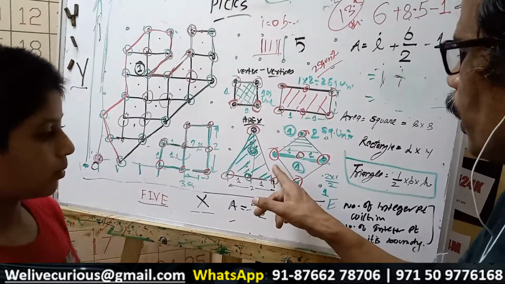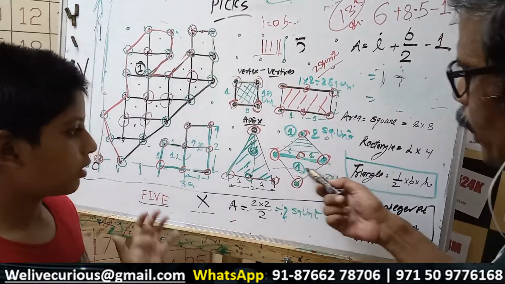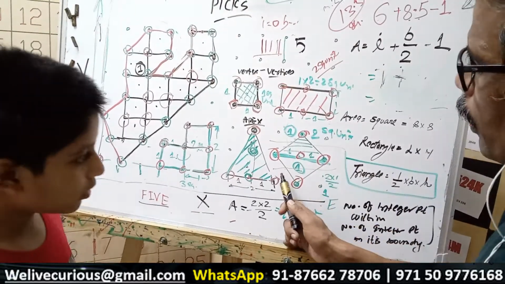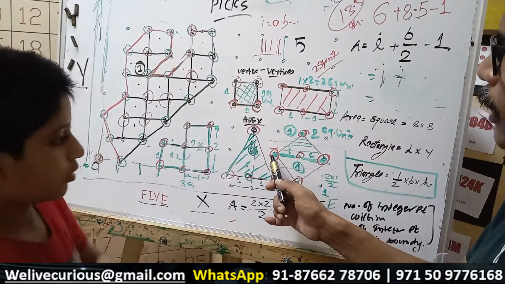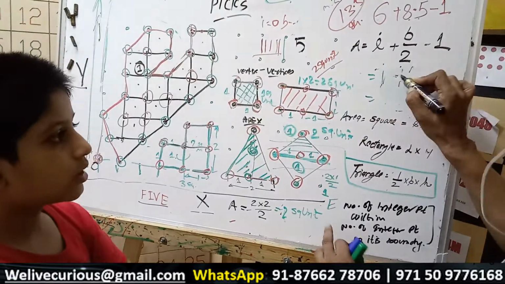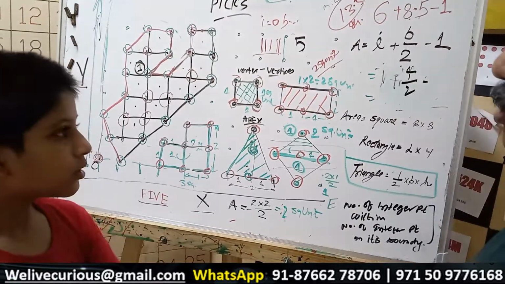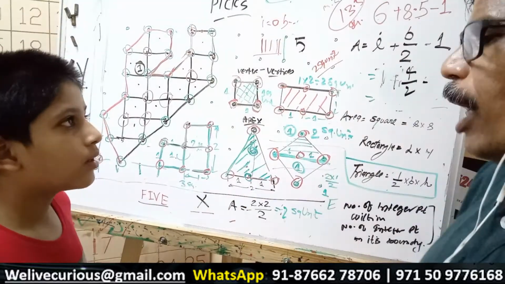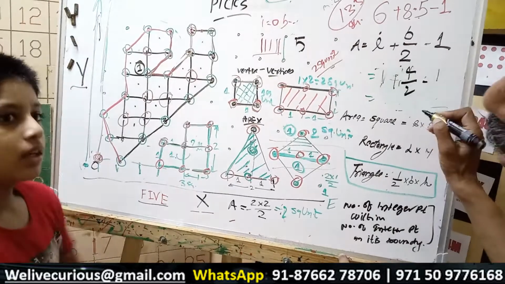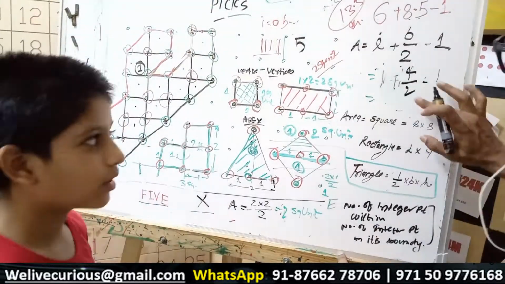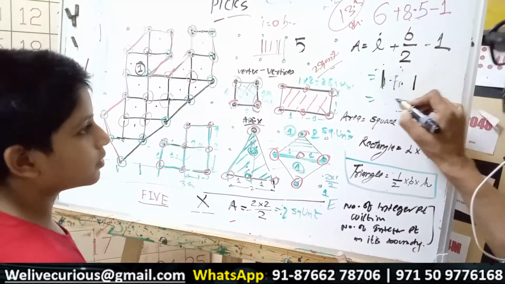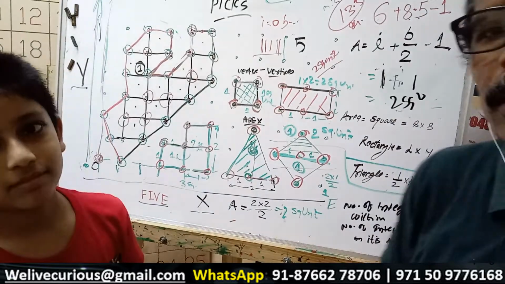Vertex. If you have a graph paper, you will see a line going here also. Then, if you are using this unit, take this. So how many? 4 by 2. Half of 4, and take away 1. Border points, make half, take away 1. How much? Border points are 4. Make it half, 2. Take away 1, 1. Add internal points, 1. 2 square units.